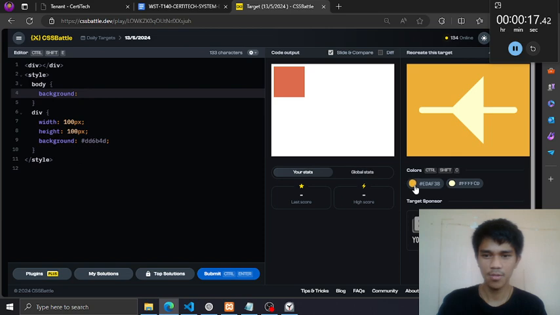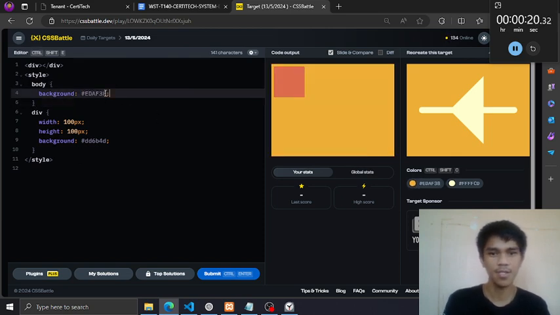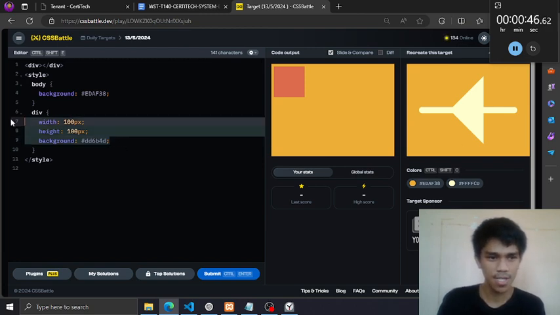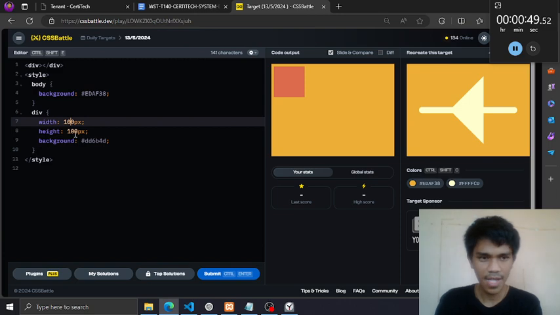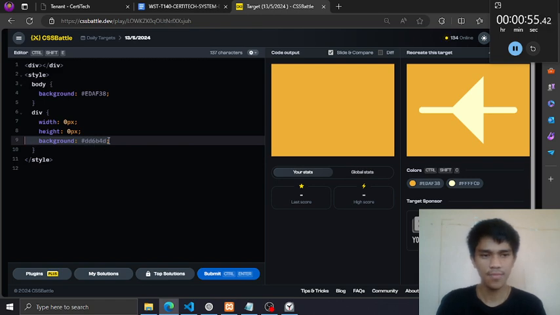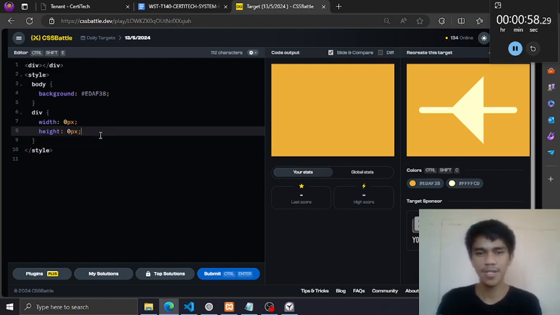Oh, already copied that. Okay, and after setting the background, here I see a triangle facing on the left side. So let's create that. The base of this triangle is on the right, while the top is on the left. That's why it's facing on the left side. It is an arrow. To create a triangle, make the width and the height 0. Then let's delete the background. So that's the starting point.